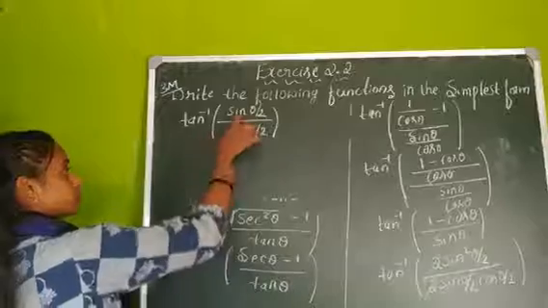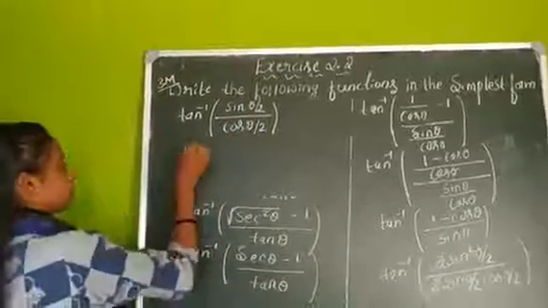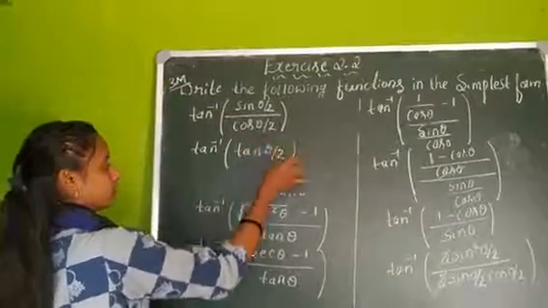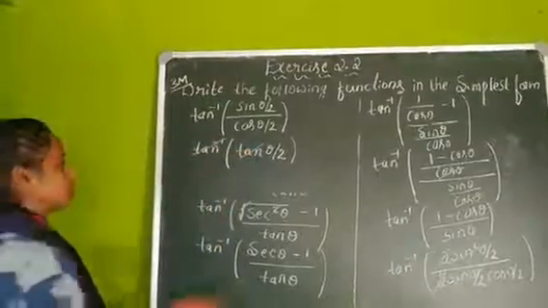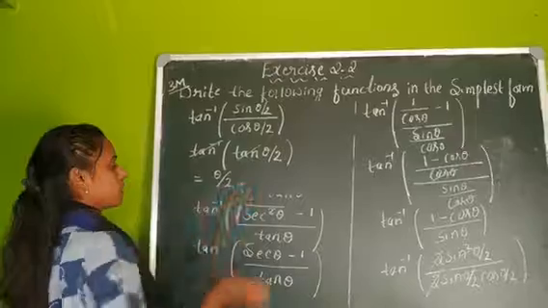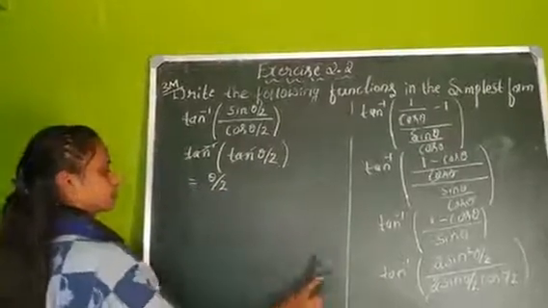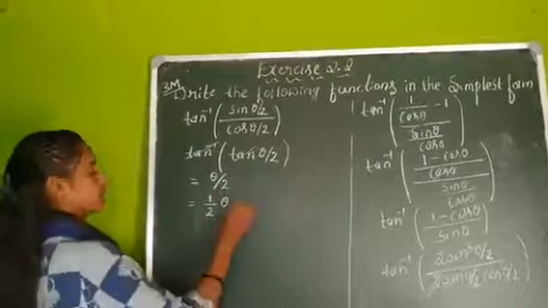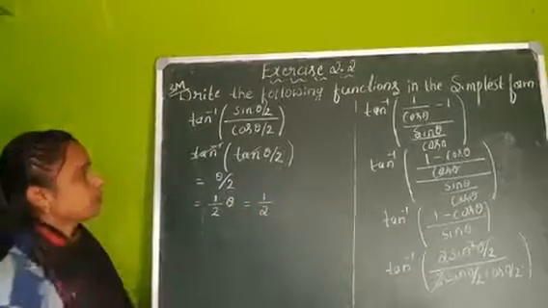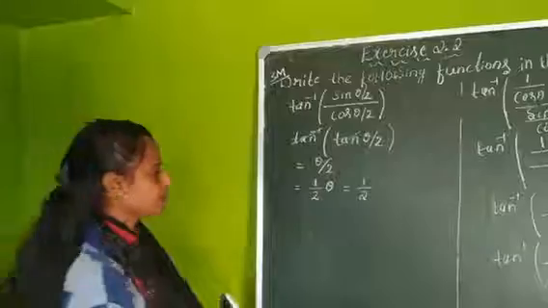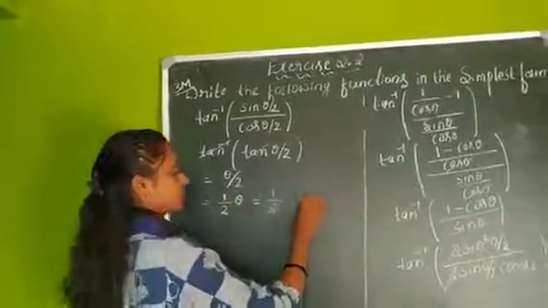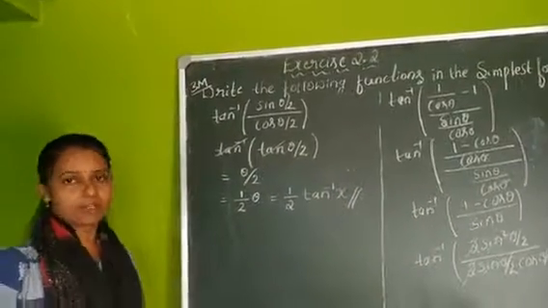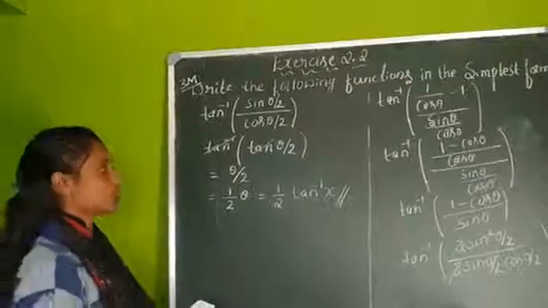As we know, sin divided by cos is nothing but tan, right? So tan inverse of sin by cos is tan inverse of tan theta by 2. Now you can cancel out tan and inverse. Remaining is theta divided by 2. So theta is nothing but, I take 1 by 2, remaining is theta. Since I took x is equal to tan theta, theta will be tan inverse of x. This is the simplest form for the fifth problem. Hope you understood this. Now I'll move on to the sixth.